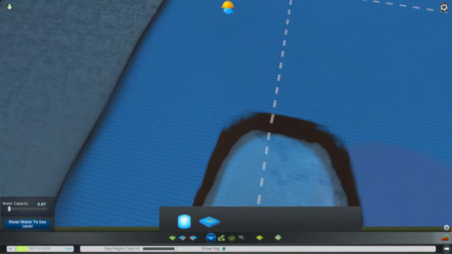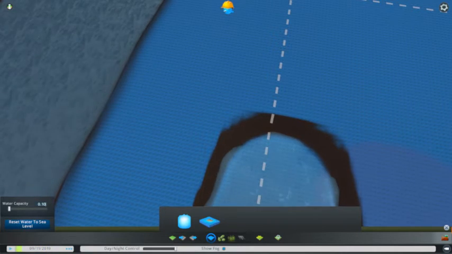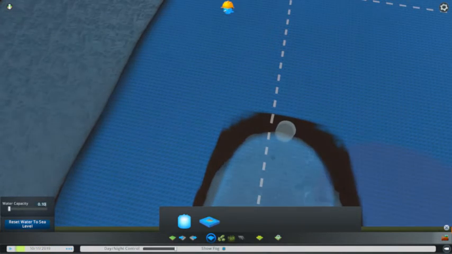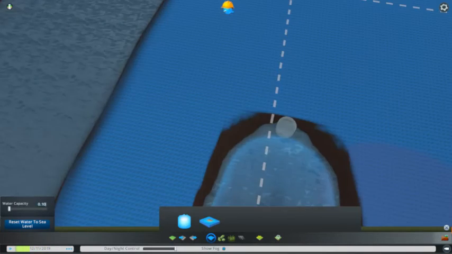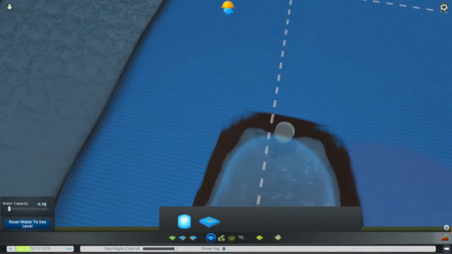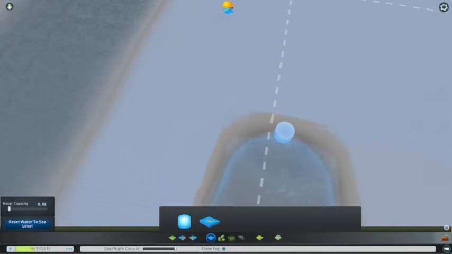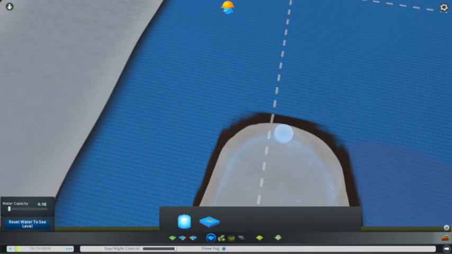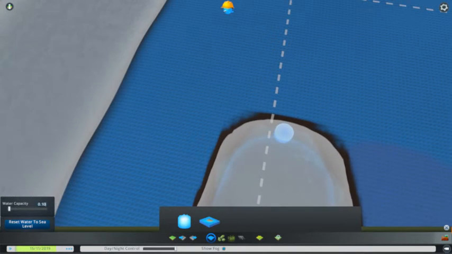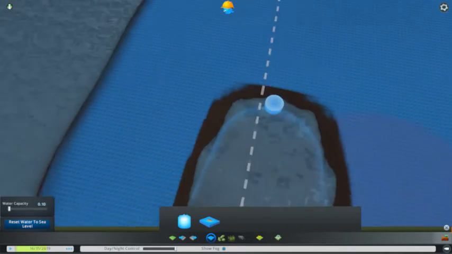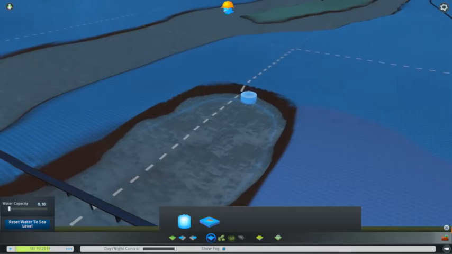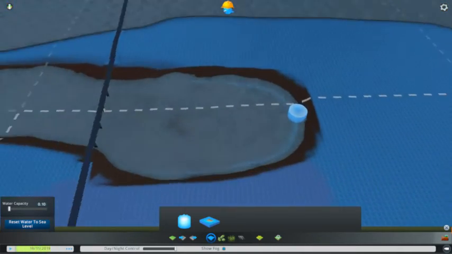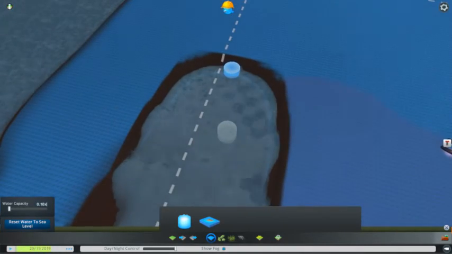I want to put a water capacity of 10 here. Of 10. Okay. Okay. That's going to be basically the last of our water section. So if we do expand, we did expand it a little bit,